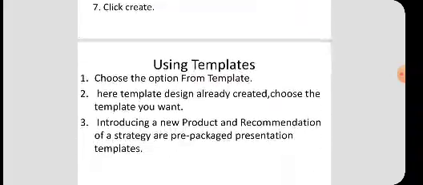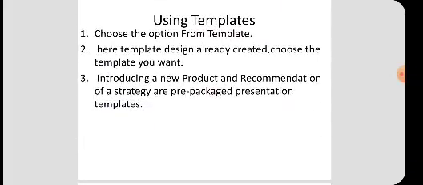So the next option is using templates. Suppose you are choosing the option from template, so what are the steps we have to follow? Here template means it is already created. So if you choose the option from template, it uses a template design already created as the basis for a new presentation.